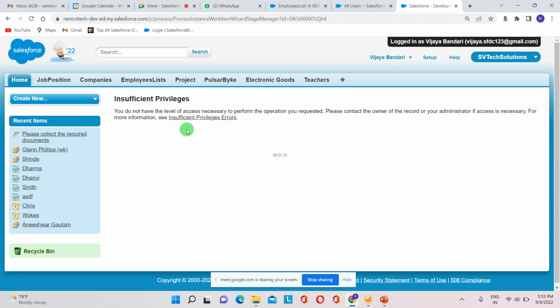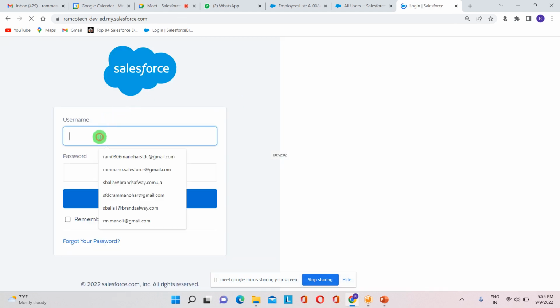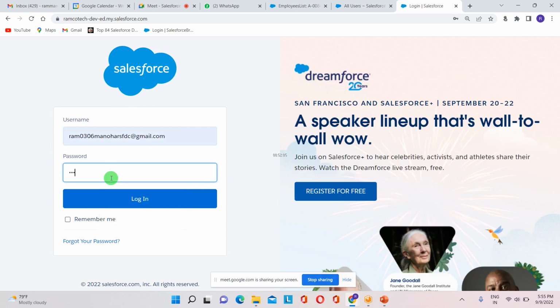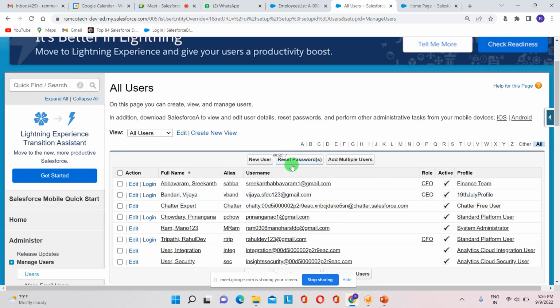You do not have the level of access necessary to perform the operation you requested. Please contact the owner of the record or the administrator. So here again we'll have to go back to our profiles, etc., and check all the things. We are on the 19th July profile. So for this profile,